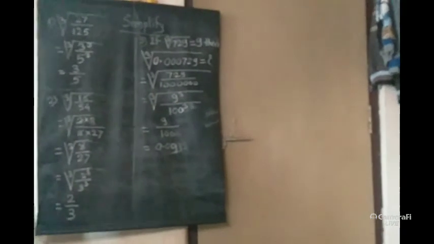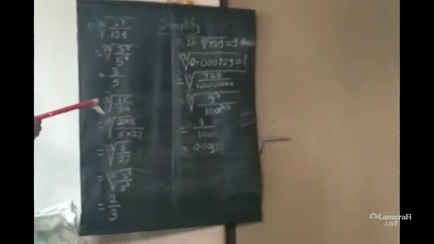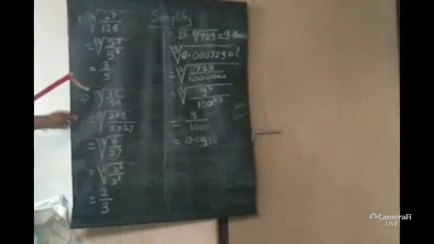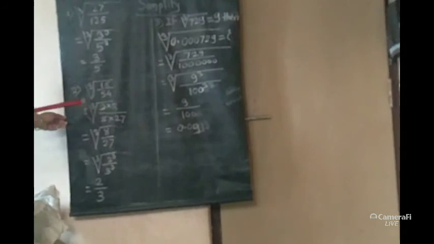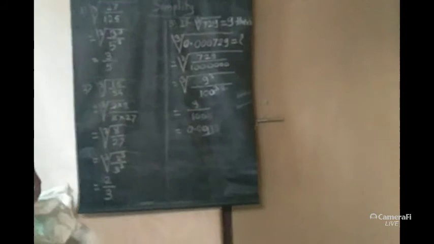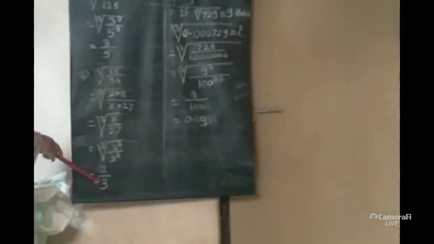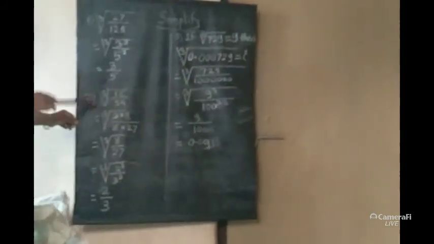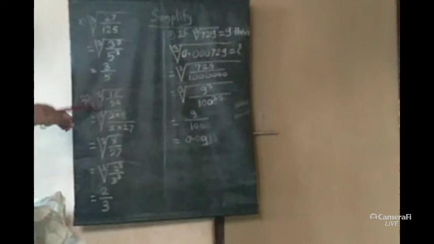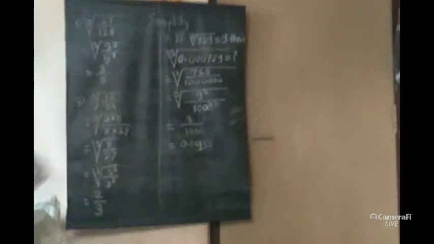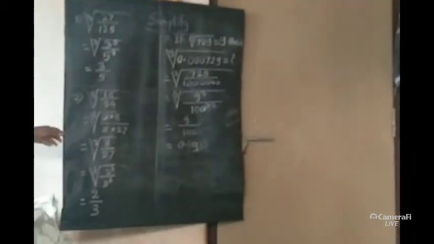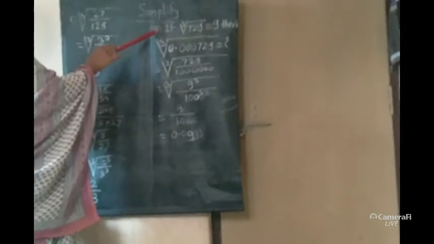That means when perfect cube numbers are there, we can directly find the cube root of these numbers, and when they are not perfect cube numbers, we have to factorize them and try to find the perfect cube numbers in the factors, so that we can easily find the cube root. Like this, you have to solve example number 2 from question number 2. Now see the last example of practice set 3.3, question 2, example number 3.